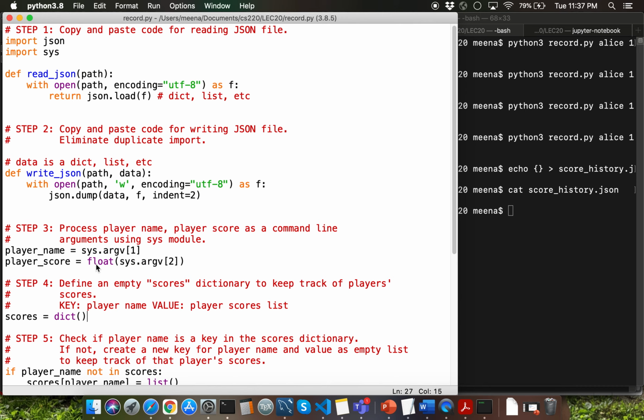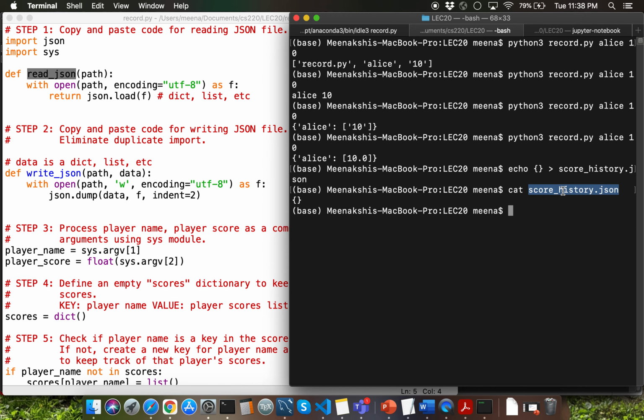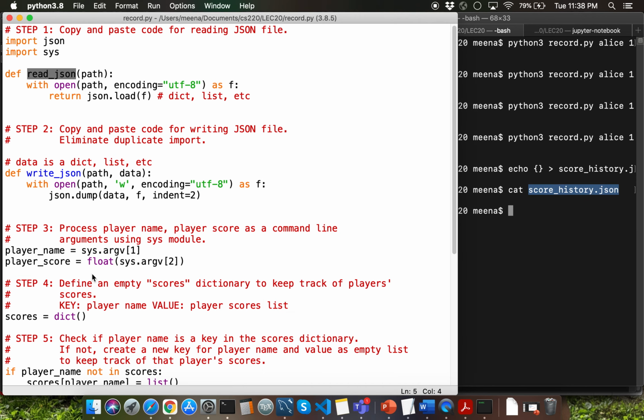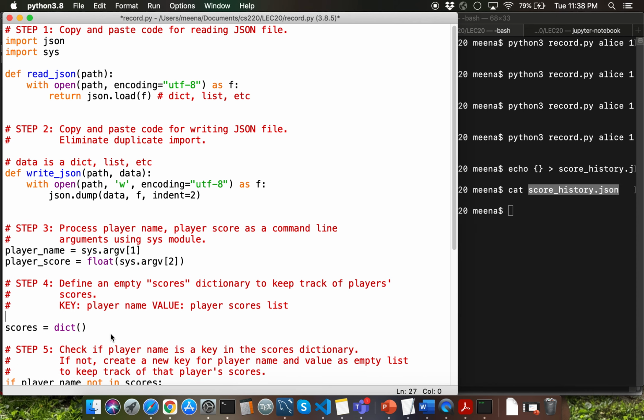Instead of doing that, we want to be able to use the read underscore JSON function to read the contents of this particular JSON file. Let me capture this JSON file as a variable. I'm going to use the variable as input underscore file here. I'll have to mention the JSON file name within double quotations because that's going to be string data type.